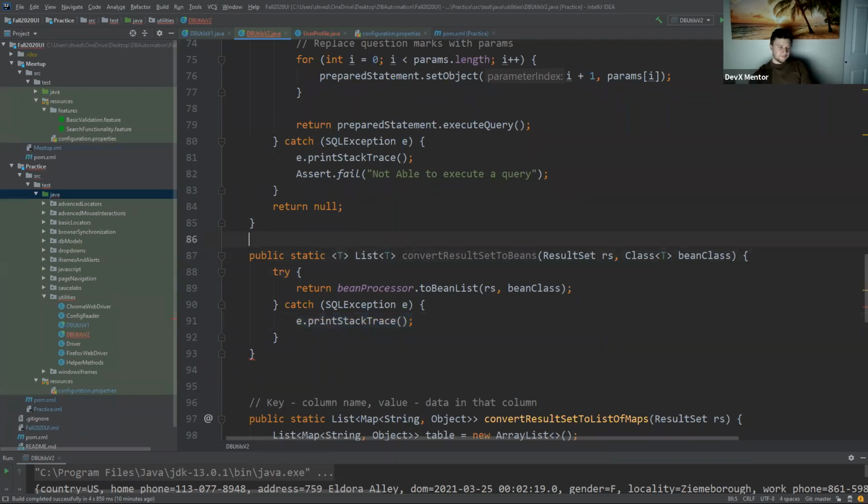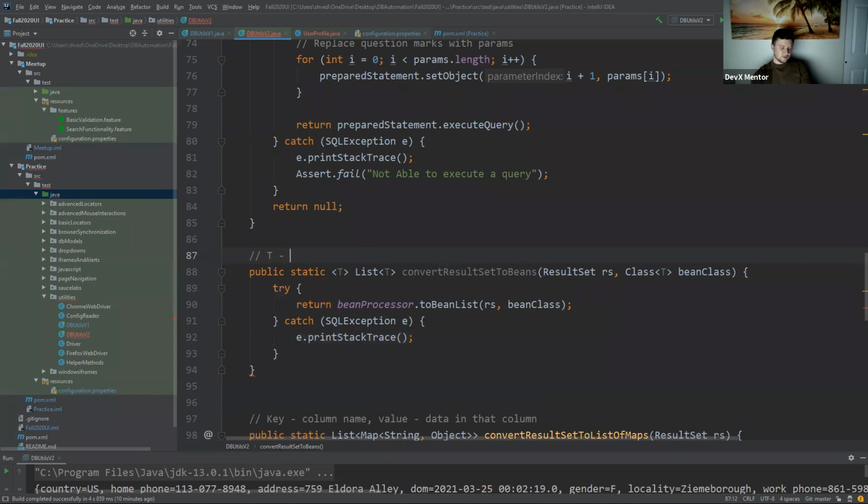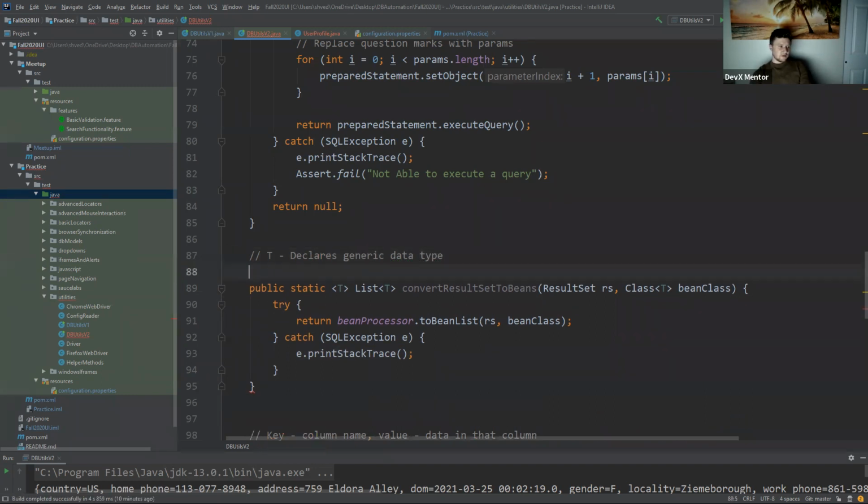So in a simple way, T declares generic data type. Very rare that someone would ask you this on interview. Okay. And you don't really need to know what it is in order to use it, which in a way postpones